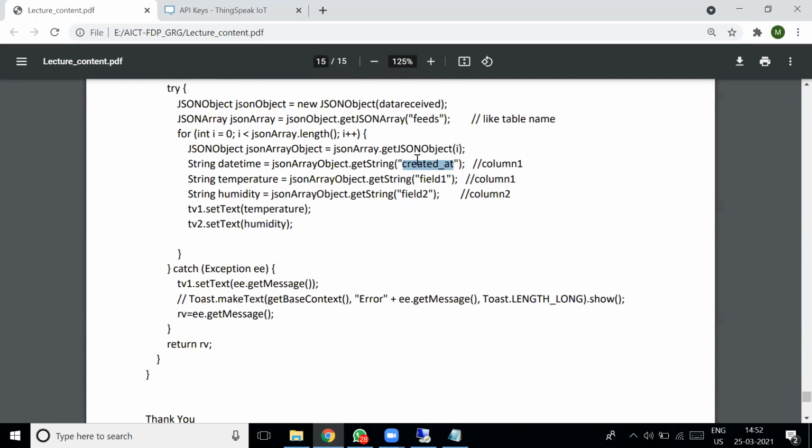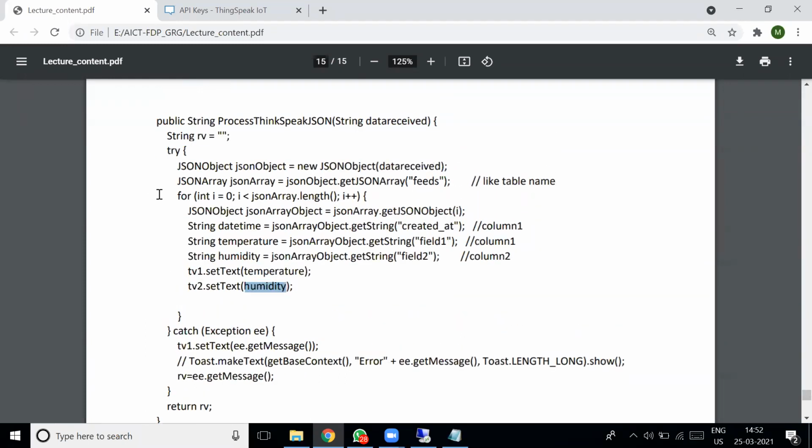You get the value for created at, field 1, field 2, that is, date and time, temperature, and humidity. You could display the date and time here, but I display only temperature and humidity in the script. This loop is executed until it reaches the end of the array, so finally the last record is displayed here.